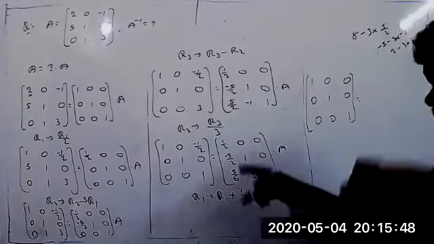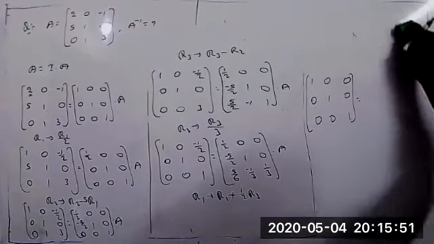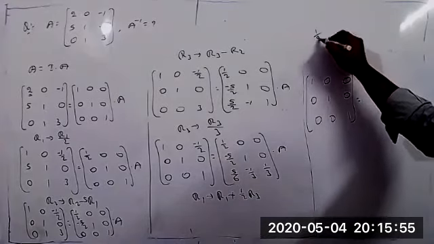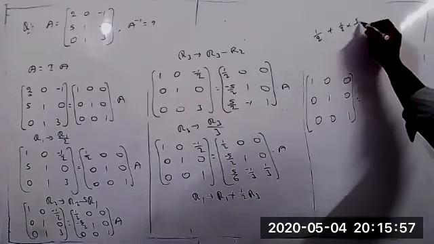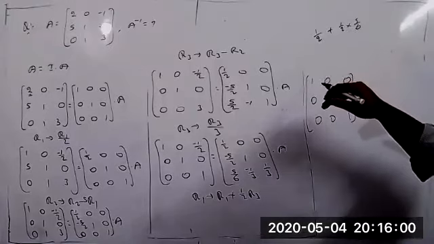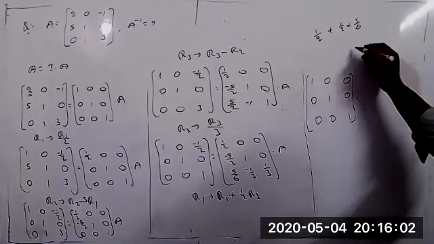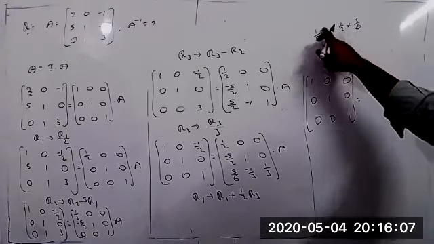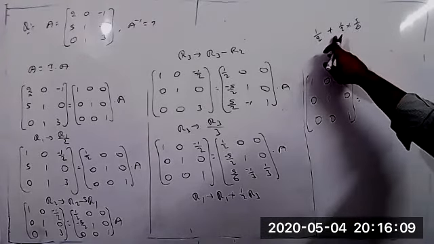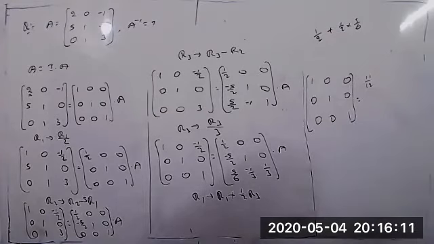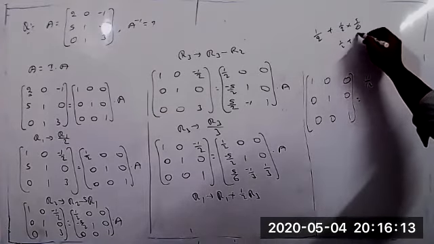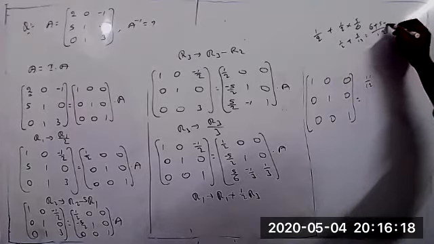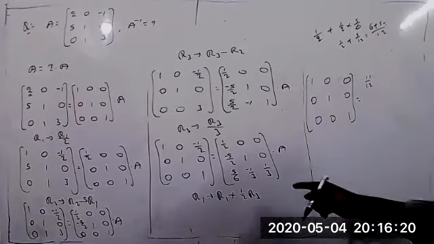So we have to change these values now. So R1 plus 1 by 2 into R3. So R1 equal to 1 by 2 plus 1 by 2 into 5 by 6. 1 by 2 into 5 by 6 gives 11 by 12. Yes, 11 by 12, because 12 is the LCM. This is 1 by 2 plus 5 by 12. So 12 is the LCM now. 6 plus 5 by 12, 11 by 12. Correct. Next.